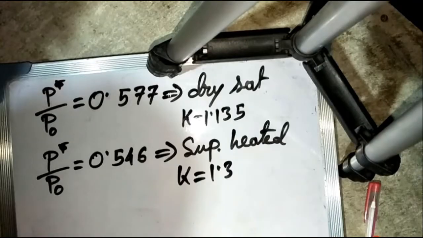So in this lecture we have learned about the critical pressure ratio and choked flow, and we have also found the relation between the critical pressure and the stagnation pressure. In the next lecture we will learn about the flow in steam nozzles, the nozzle efficiency, the flow area of a nozzle, and so on.